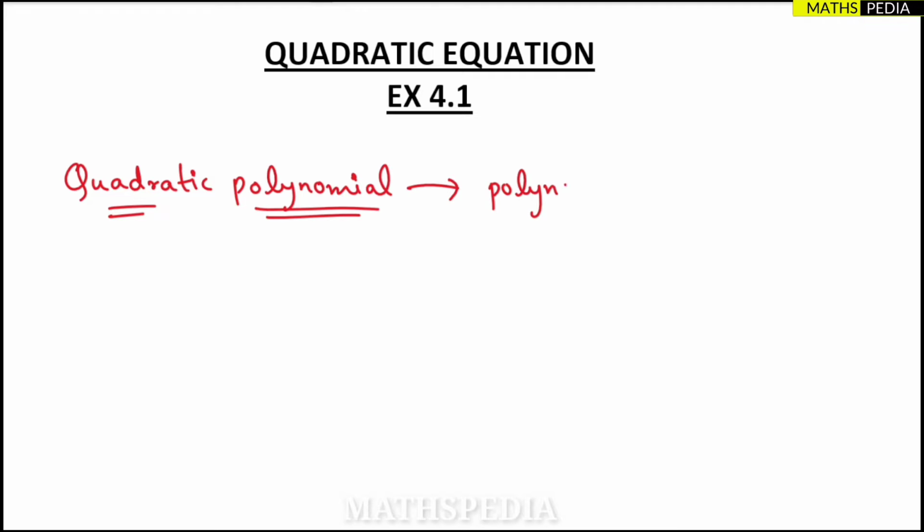A polynomial of degree 2. Okay. So the highest power is degree 2. So this is important. If you take an example, suppose 2x square plus 4x minus 2 equal to 0. So in this,